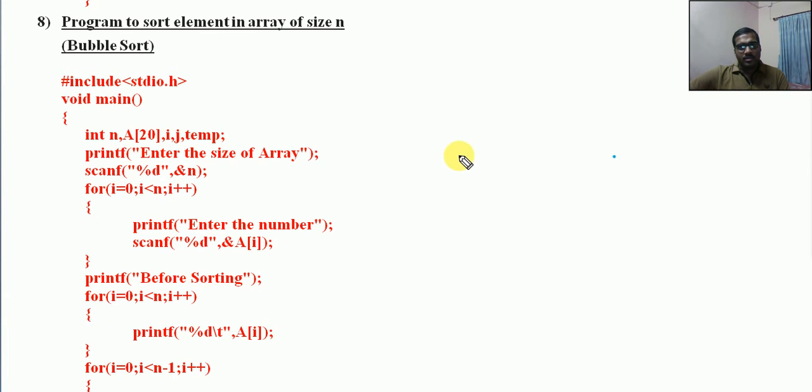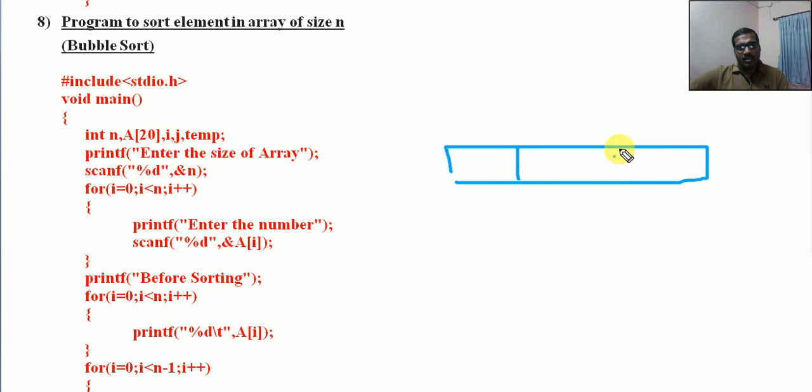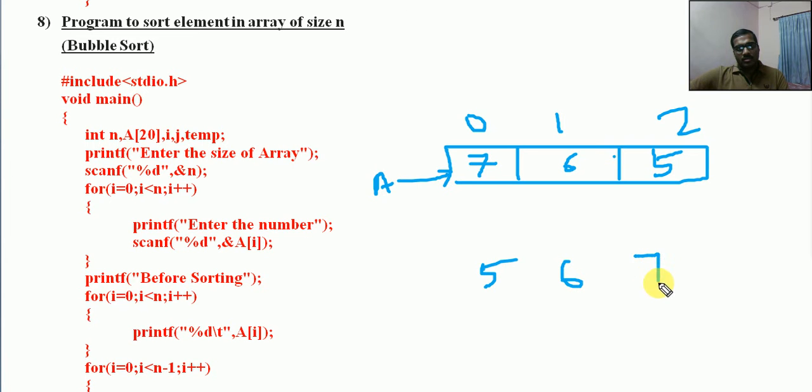Sorting means if you are having a set of elements present in an array, for example 0, 1, 2, A is the array base address, then assume that we are having 7, 6, 5. This is the array element. I want to sort the elements in ascending order, that is the result must be 5, 6 and 7. This is the expected result.